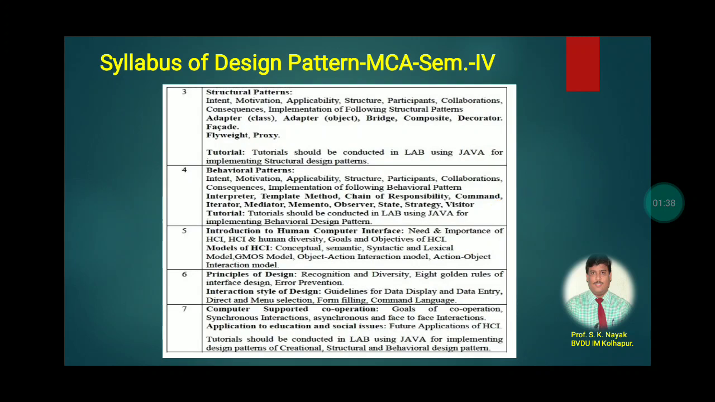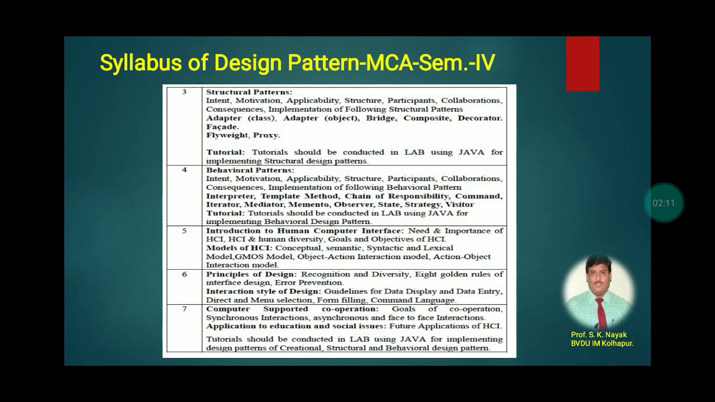In the third unit, you will have structural design patterns. Under structural design patterns, we will have 7 design patterns: adapter, bridge, composite, decorator, facade, flyweight, and proxy. Similarly, in this unit, we have to cover the intent, motivation, applicability, structure, participants, collaborations, consequences, and implementations of all